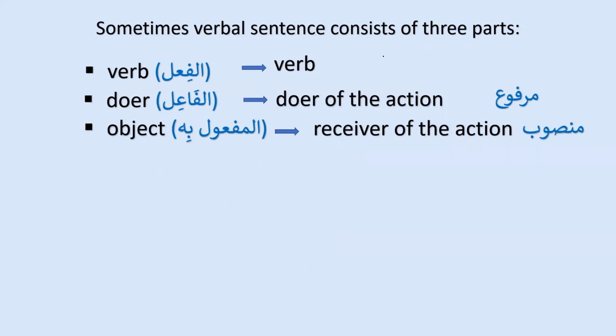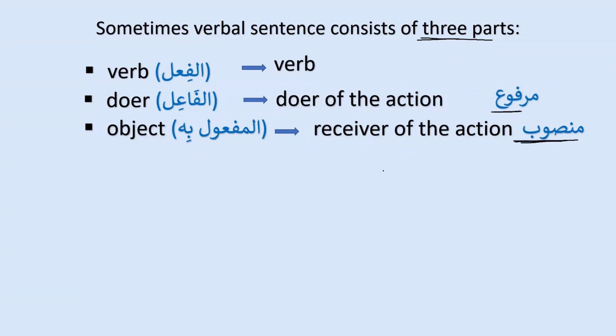Sometimes a verbal sentence consists of three parts or maybe more than three parts. It can be al-fi'l, that is the verb. Then al-fa'il, that is the doer of the action. And we have learned that al-fa'il is always marfu'. And then we have the object, and this is called the direct object. Al-maf'ul bihi, the direct object, and this is the receiver of the action, and the receiver of the action is